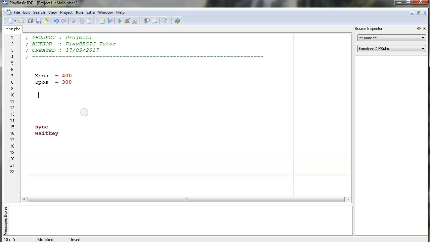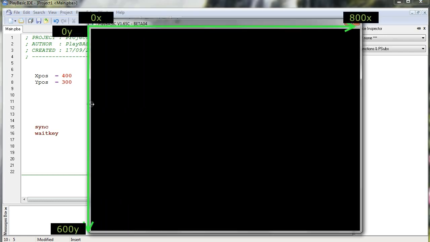So the x variable represents where the character is going to be on this horizontal axis across the screen. So if we run it again, this will be the position from this left-hand margin across the screen to here. By default, the screen is 800 pixels wide. So here is position 0, hard against this margin, and 800 is over here. It's actually off the screen, 800, but